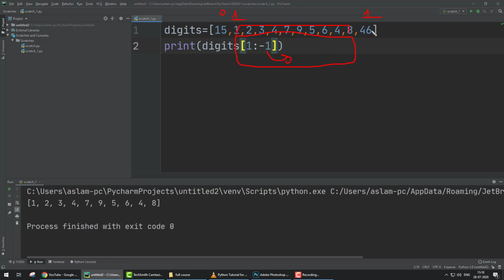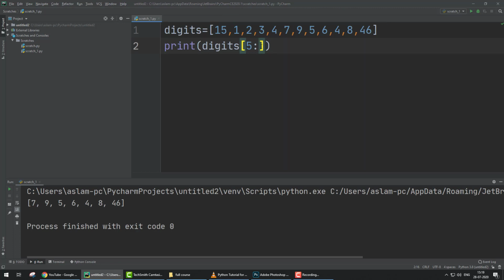We take the 1 minus from the range, so it provides the values from here to here. Okay, what happens if we type 5 and then colon? Run, then check. 5 means 0 1 2 3 4 5, so starting from 5 to the end it prints this.